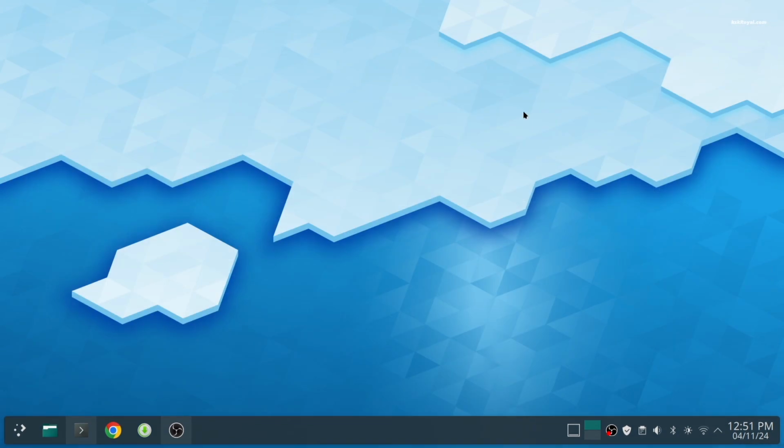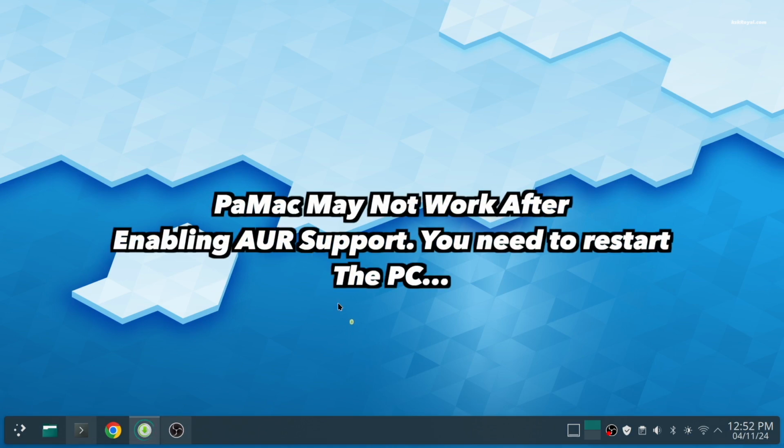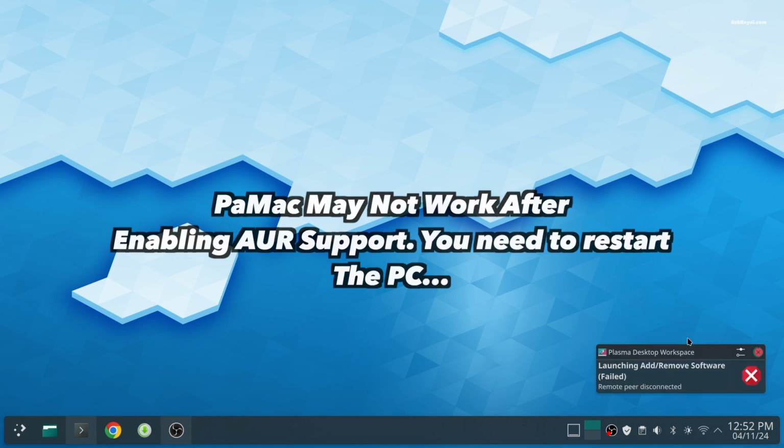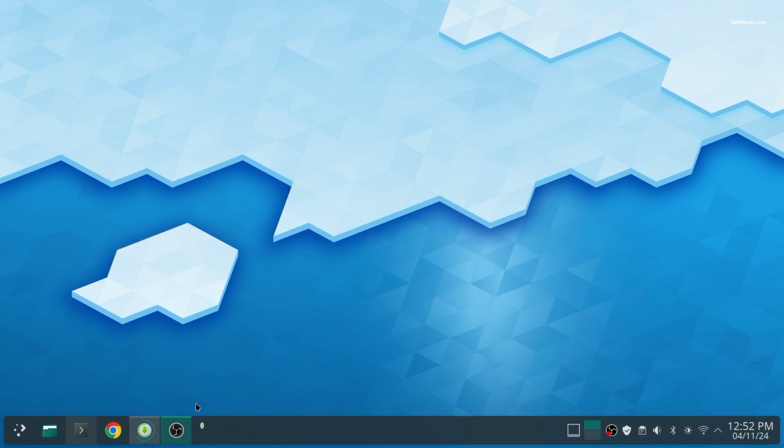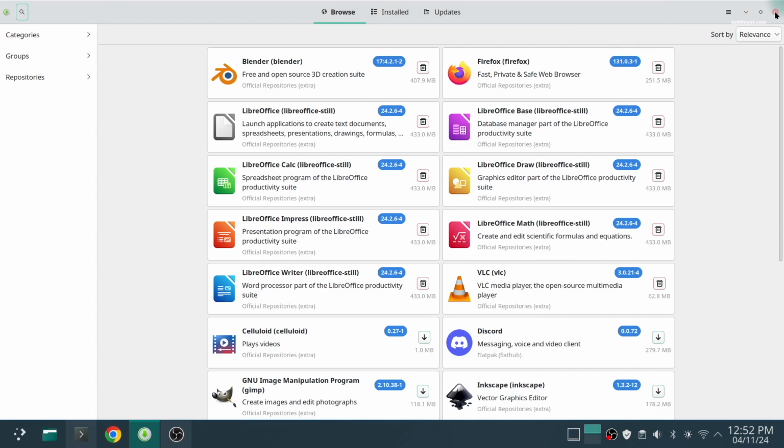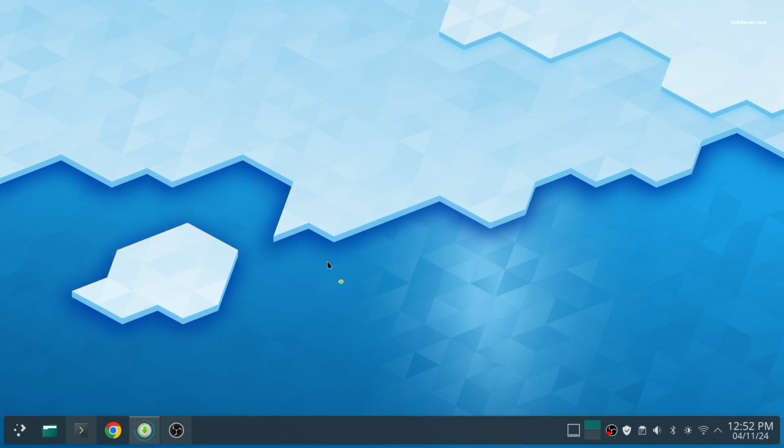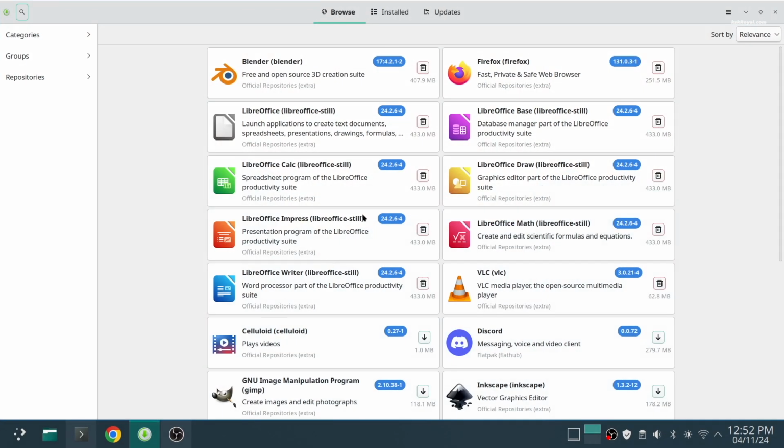Close and relaunch the application. And now you will be able to search for and download GUI applications very easily.